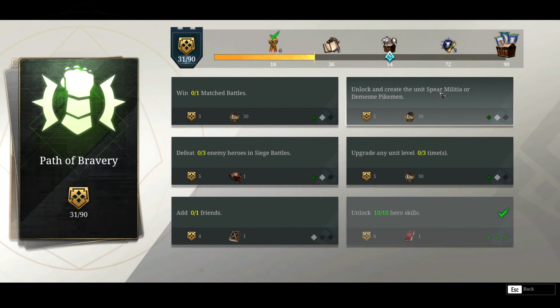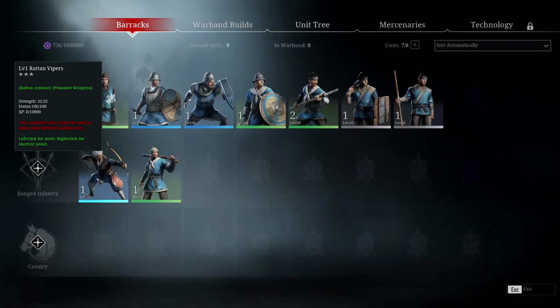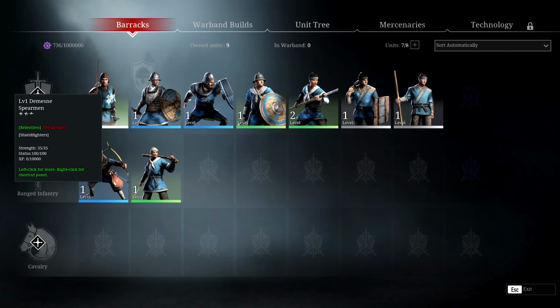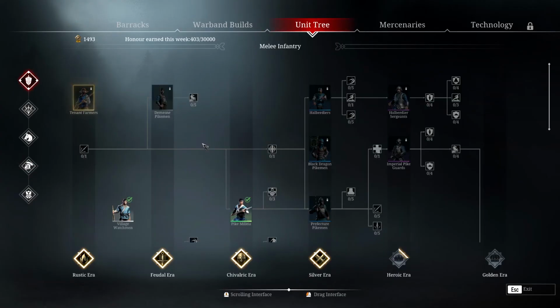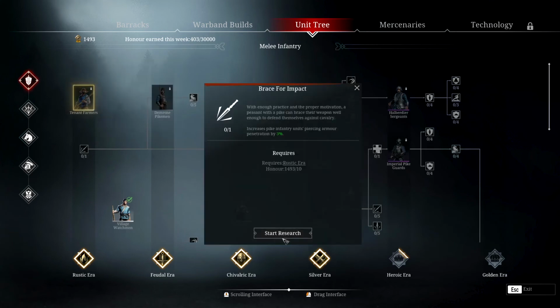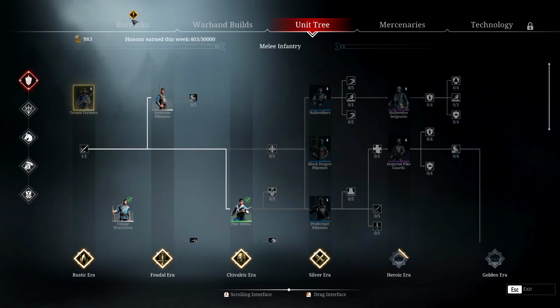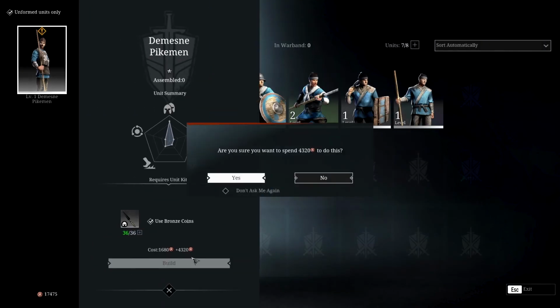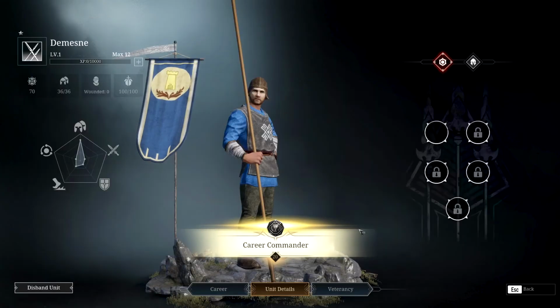Unlock and create a unit, Spear Militia or Demonese. Wait, this is Demonese Spearman, I'm dumb. Sorry, Demonese and Demonese Pikeman, there we go. Or Spear Militia, we are not going for that. I'm gonna unlock them because they literally cost nothing. Let's just unlock them and then suddenly disband them